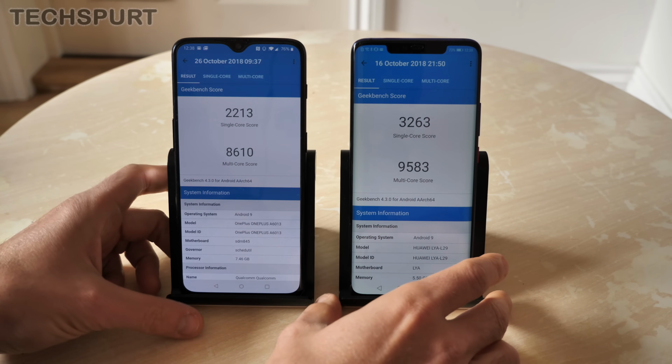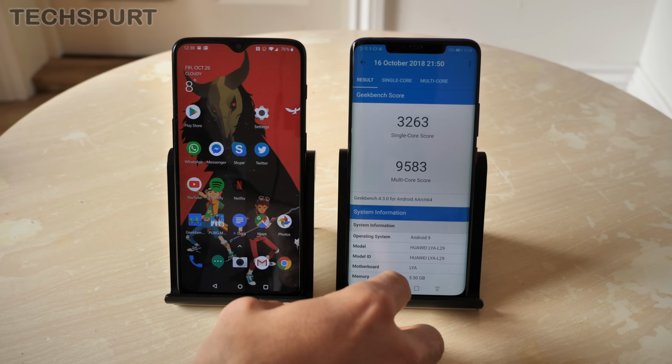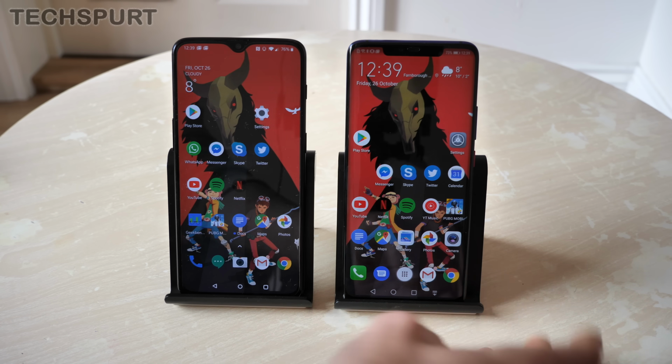I have of course run a bit of Geekbench on both of these handsets. For any of you benchmark enthusiasts, as you can see the Mate 20 Pro quite clearly canes the OnePlus 6T in those benchmark tests. Of course, that doesn't necessarily mean that the Mate 20 Pro is the better performer of the two, it's just to give a sort of a rough guideline. Personally, I don't 100% trust benchmark testing because they can be gamed,